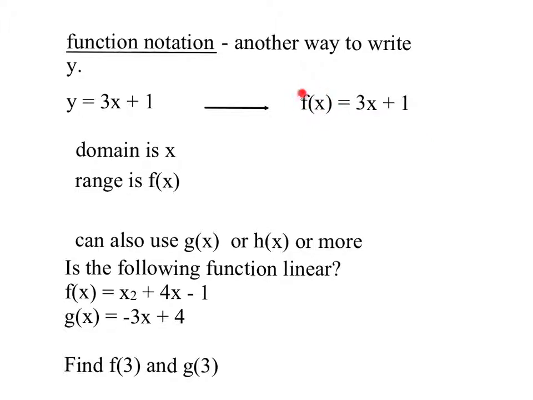Now f of x is not f times x. That's not it at all. Whenever you see something like this, there's no numbers whatsoever. It just says f of x, or you'll see g of x or h of x. Whenever you see this, here's what it means. Okay, that x right there, whatever letter is right there, whatever variable is right there, is telling you what your independent variable is. Meaning, in layman's terms, if I have an x there, that means I'm going to have an x over here. Okay,